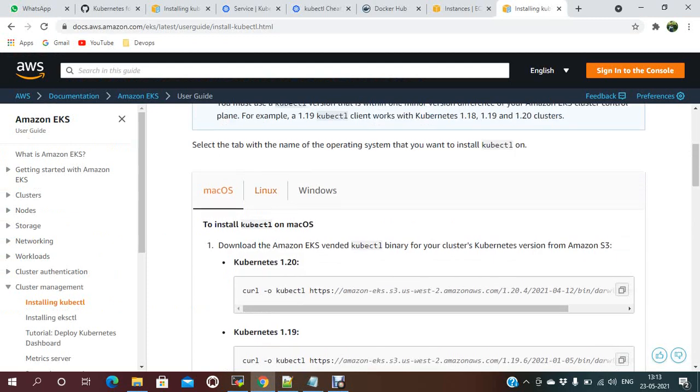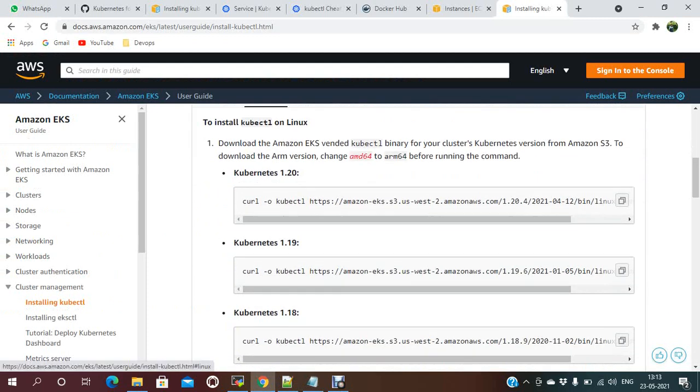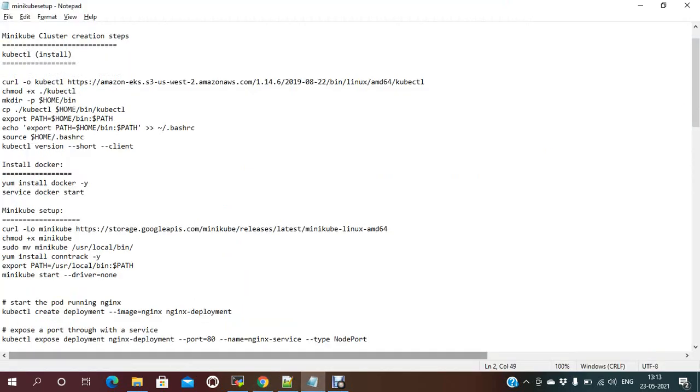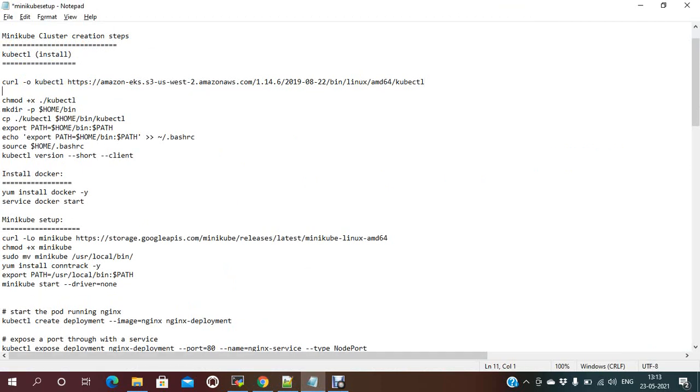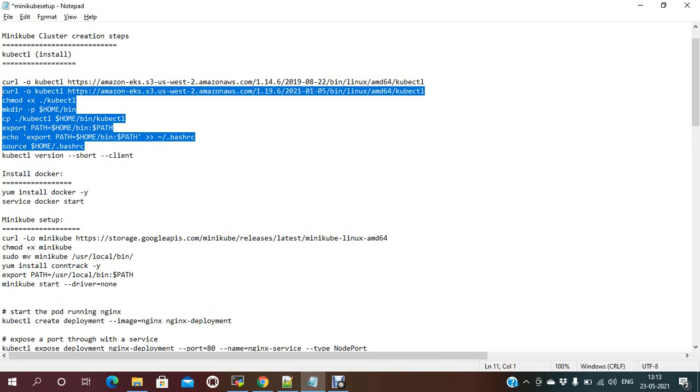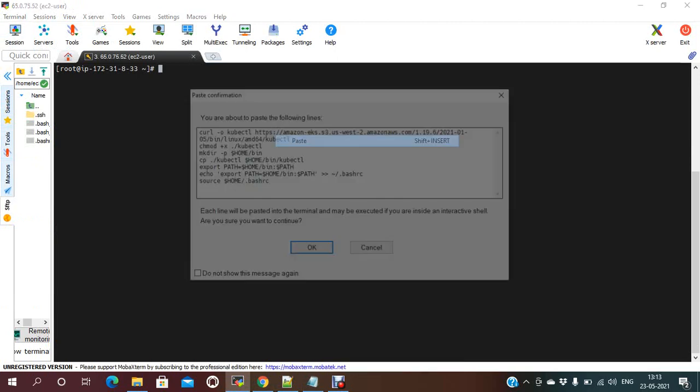this version, Linux, right? So let me copy this one. Let me copy this and kubectl, and I'm creating the directory for the config file. And setting up the path. So let me run all these commands.